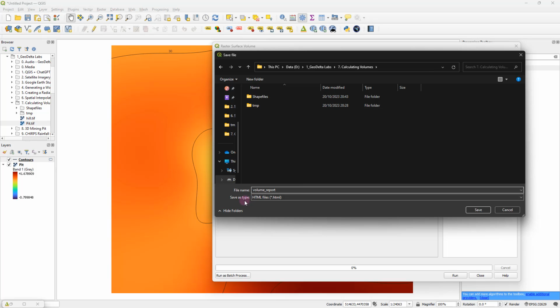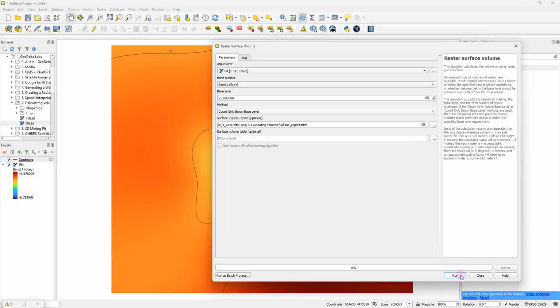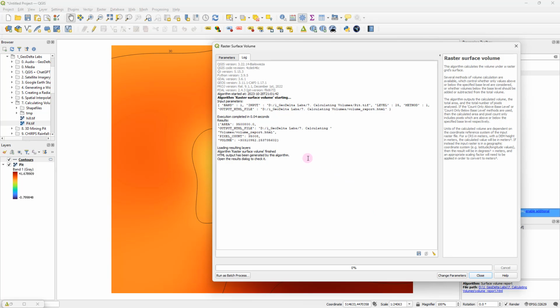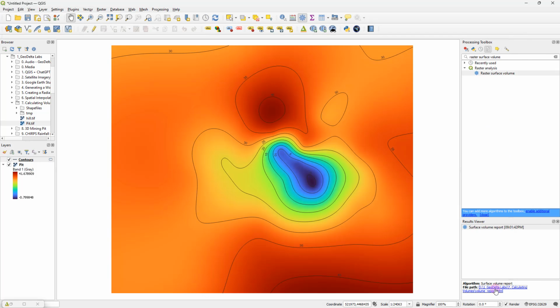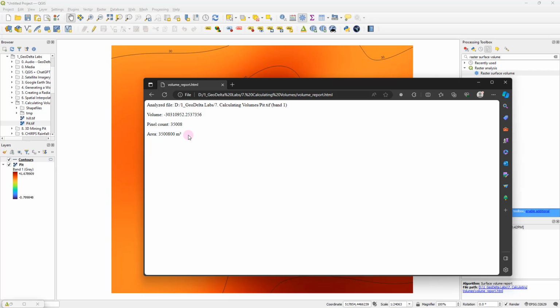And as you can see over here, the file type is going to get saved as an .html file, which means you're going to use one of your web browsers to open that up. So click save, and after that, we can go ahead and run this tool. And you can see that immediately it managed to generate that report right over here. So if I click on this link, you can see right over here the corresponding details, and we have the volume to be